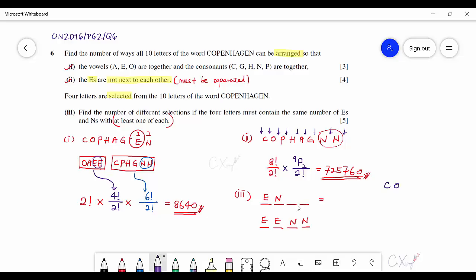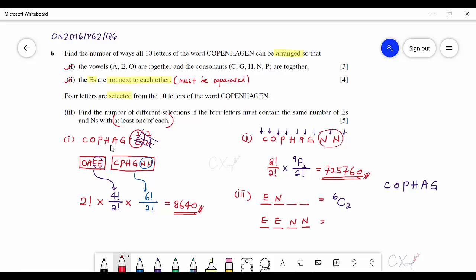Okay, so I still have C, O, P, H, A, G. I should exclude the E and N from my consideration already. So I still have 6 letters available, which means that from the 6 letters, I want to choose 2 and fill in these 2 empty spaces. All right, then when we come to the second case here, you will see that there's no